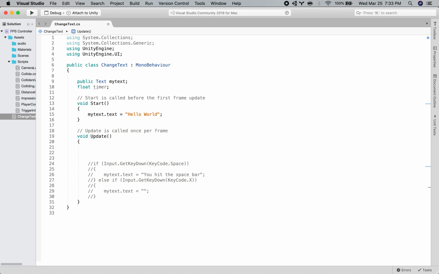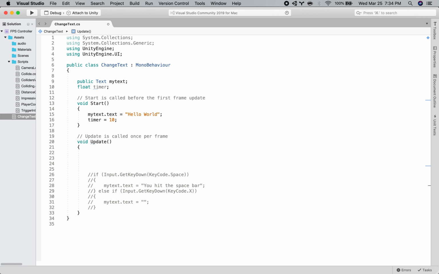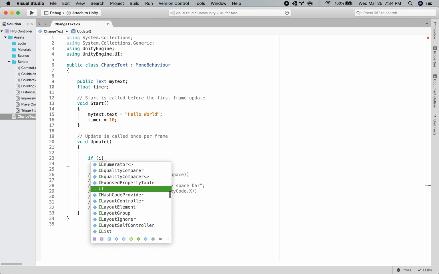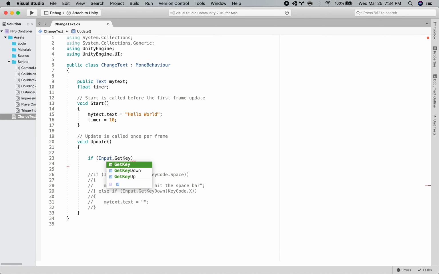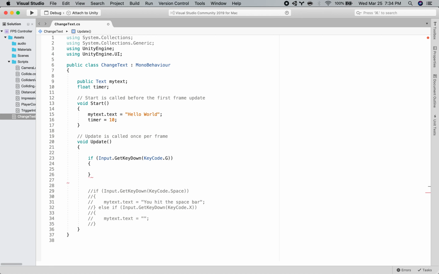And then we'll say when we start off, we want the timer to be equal to 10. And then let's say if we hit the G key, G for go, we will start the timer and the time will count down. So what we can do is if Input.GetKeyDown(KeyCode.G). So if we hit the G key, we will